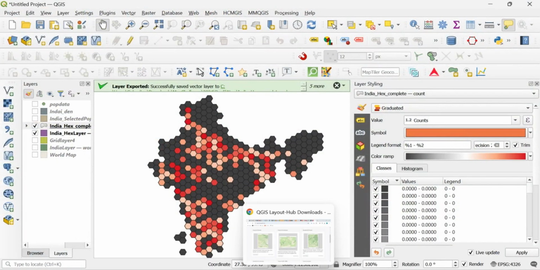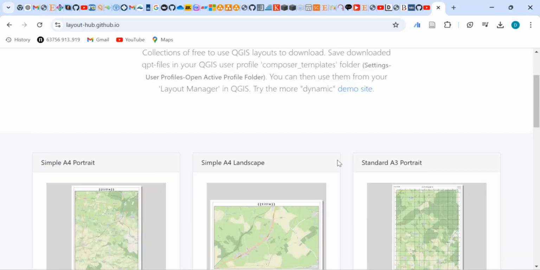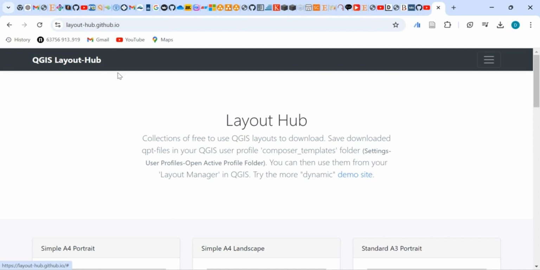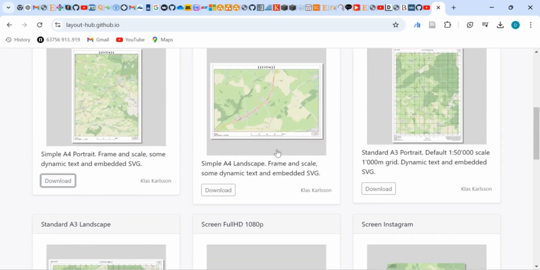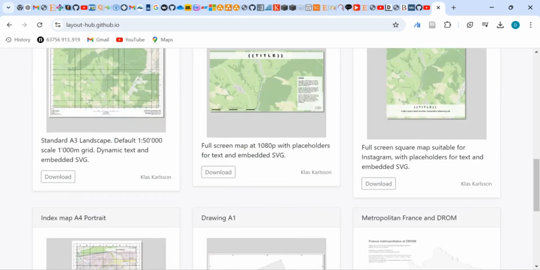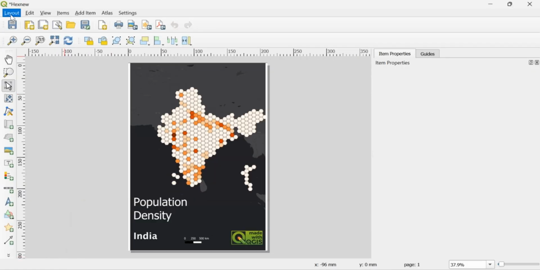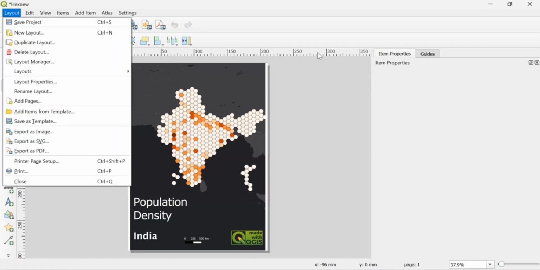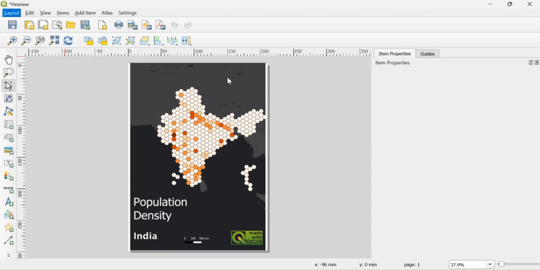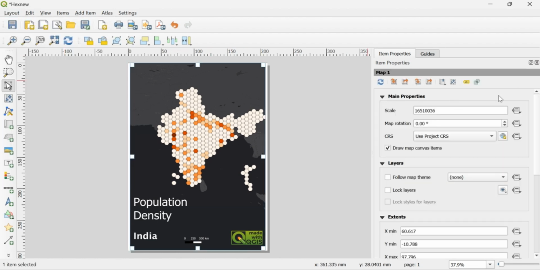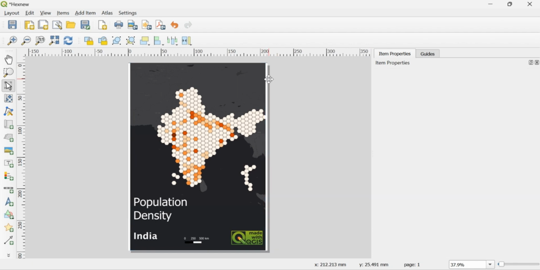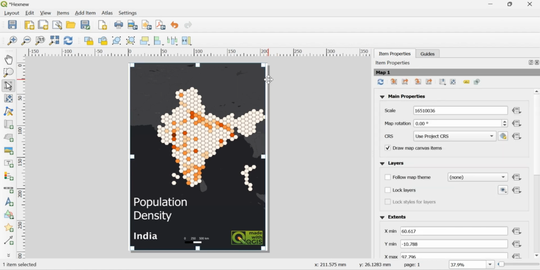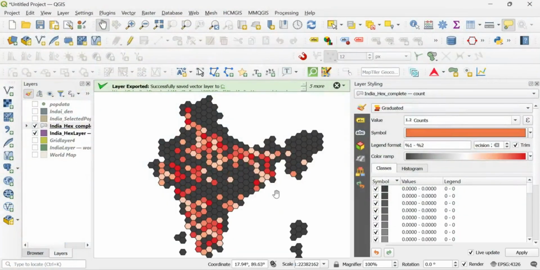What I mostly do with the layout, because it takes a lot of time to do, there are also some QGIS layout apps that you can just download any type of your interest and then import them over here. If you go to layout, you can always add them, and you can change the grid size from, let me see. Okay, it's covered it, but you can always change it from A4 landscape to portrait and so on and so forth. So that is it.